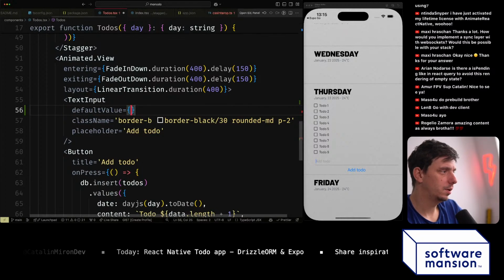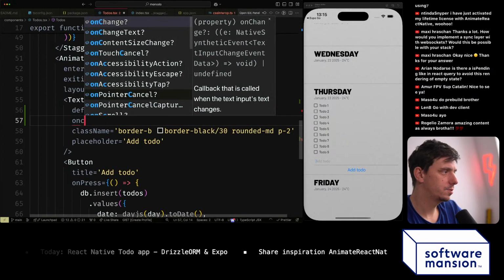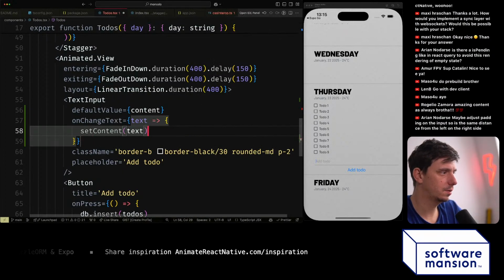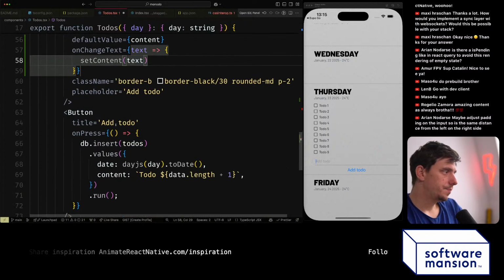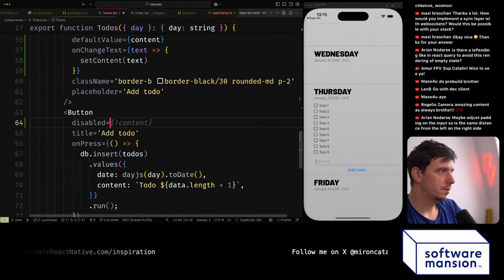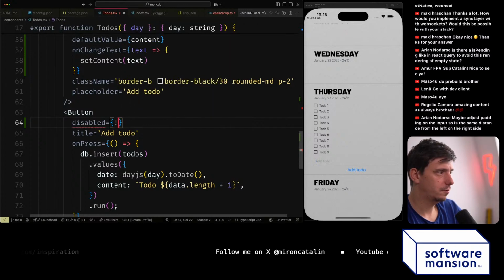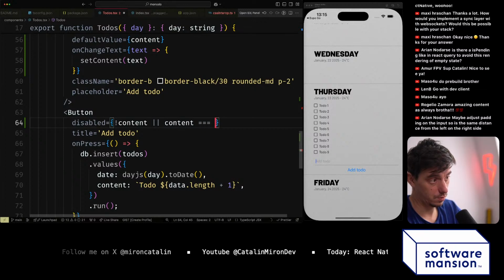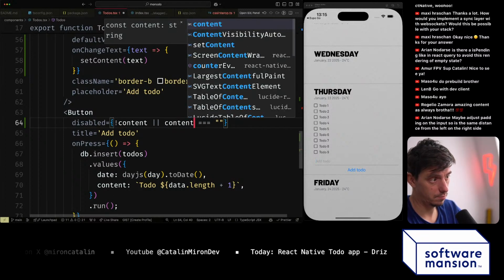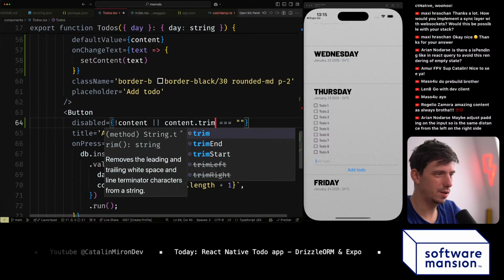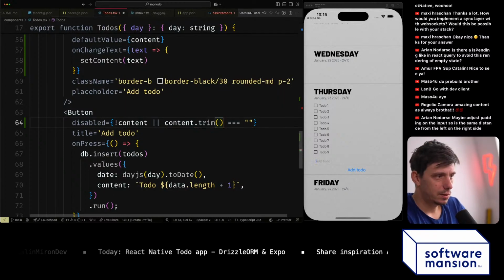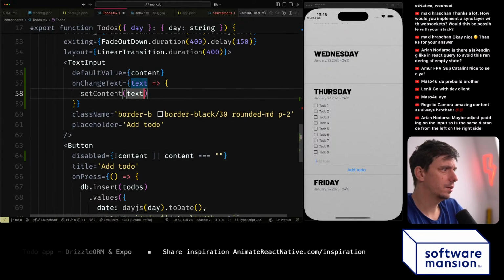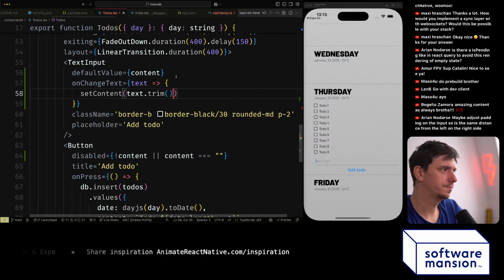Default value is going to be content, on change text. I'll do text and set content text. The button is going to be disabled if not content, or content is equal to... actually, trim. No, content is equal to nothing, and when we set the content we are going to set it and trim it. Okay,